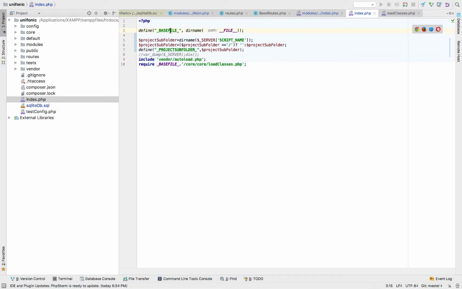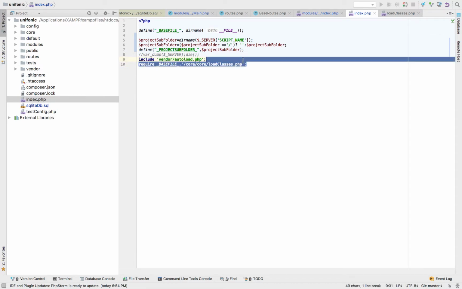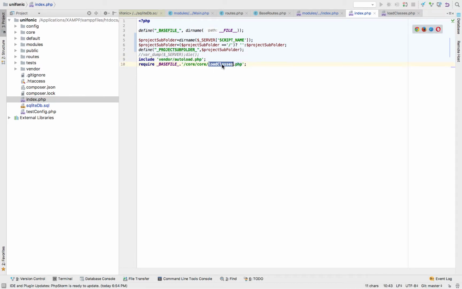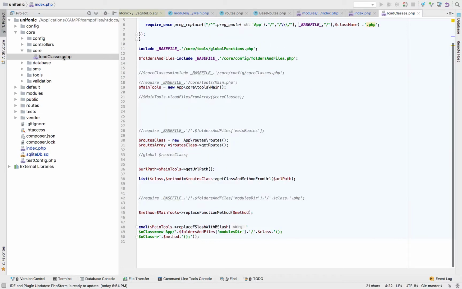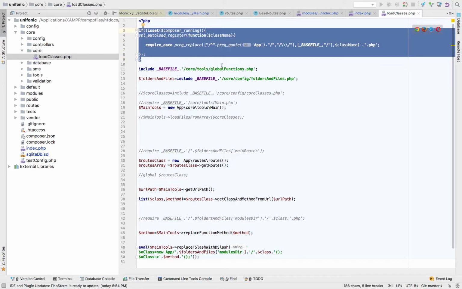Now this we defined through two variables, base file and project subfolder. Also, if we need, this is just for the test, vendor phpunit, and then we load our main class in our platform. This class will load the classes and autoload classes from the namespaces. This class here, core load spaces, loads the classes, and here is the auto register for our classes, and here